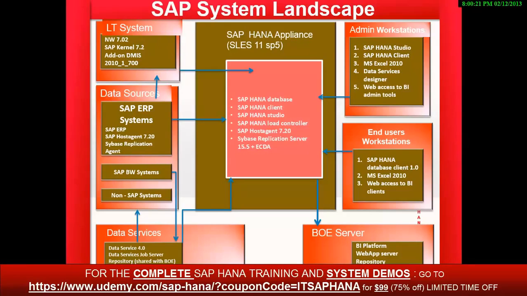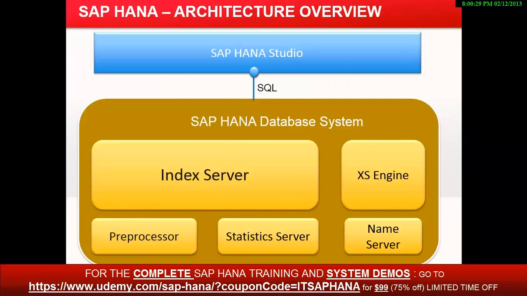Okay, so that is about the different products and the landscape components of SAP. Next, let's get into the architectural components. Say, for example, now we have the SAP HANA Appliance. In the HANA Appliance, in the HANA database especially, there are